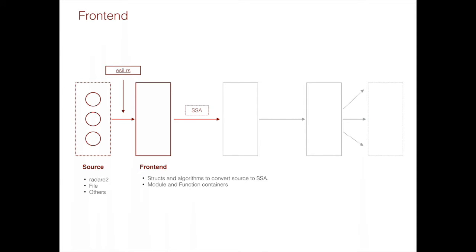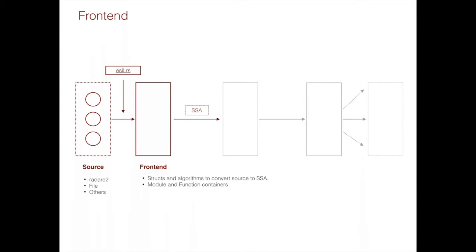Now, coming back to source, the source is just a Rust trait. So the question is, what is a trait? A trait basically represents a set of functions which are grouped together under a name. These traits can be implemented on structures to give them the capabilities of the trait. This is really useful for designing generics because then the functions can just say, I would like an argument of type T, where T is any type that implements a trait. So this is exactly what we've done in the front end. The front end accepts input from any type which implements source. So you can pass in radare, you can pass in a file or any other structure which will give you the information.